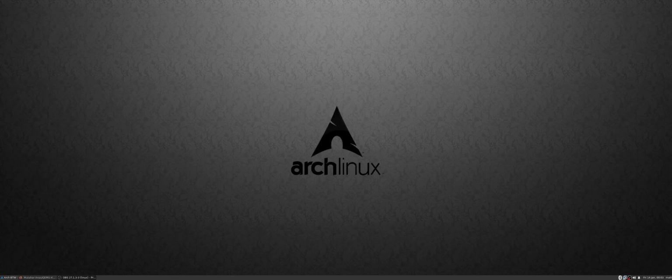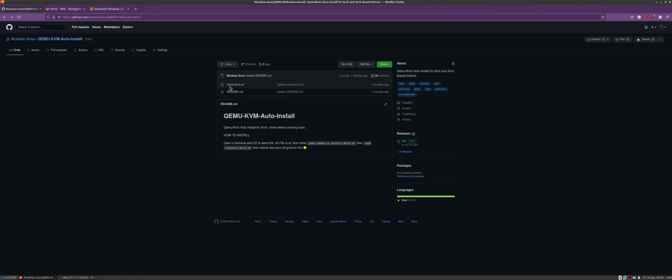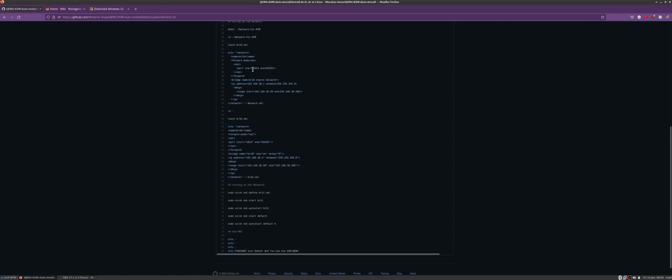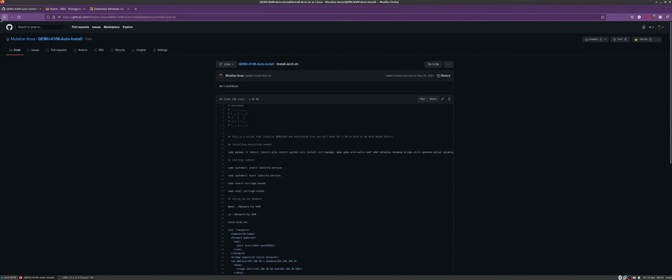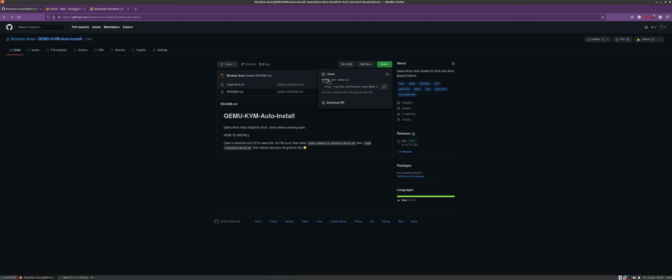Hello and welcome to single GPU pass-through for Arch Linux, so you can pass your GPU to Windows, or any other virtual machine. I have this script here. You can go through it. It just installs and starts and makes a network. So you can just go to code, copy,